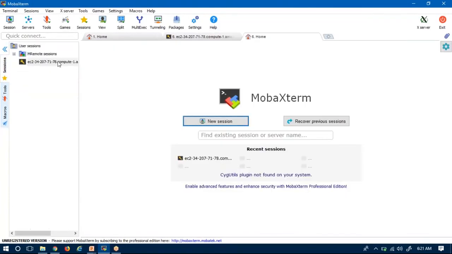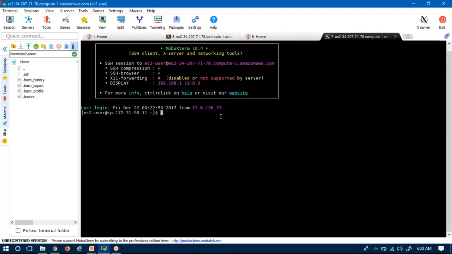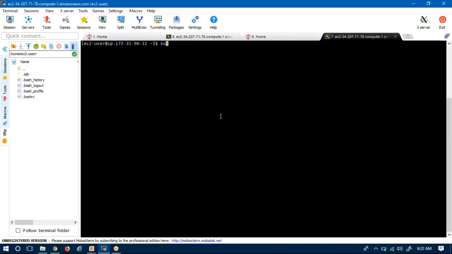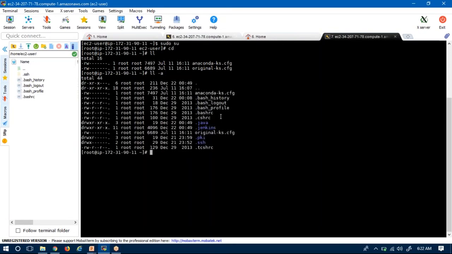So I'm opening one more session here. So it's open. I'm going to root. See, as of now you are not finding any .jenkins folder because this is a hidden folder. You need to use the -a option. Now this is .jenkins. Okay, now move to .jenkins, then secret.